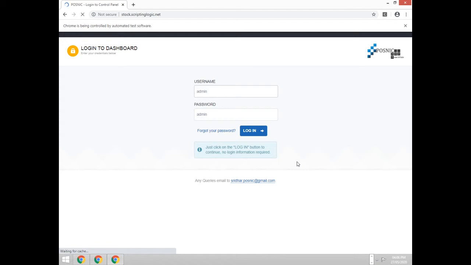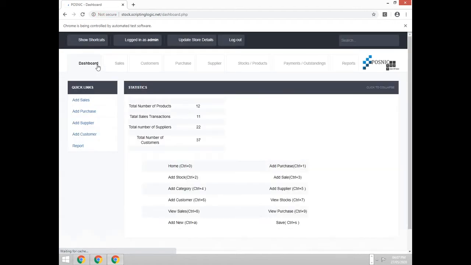It is still loading. Unless and until this process is finished, the next thing will not happen. Okay, why is it taking so much time? Let me just stop this. Okay, so now here we have landed on the dashboard.